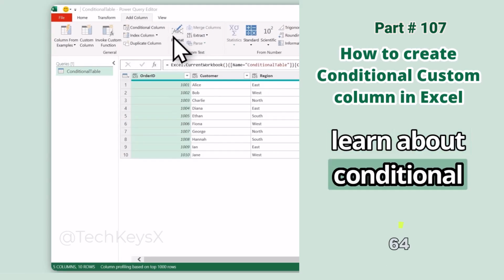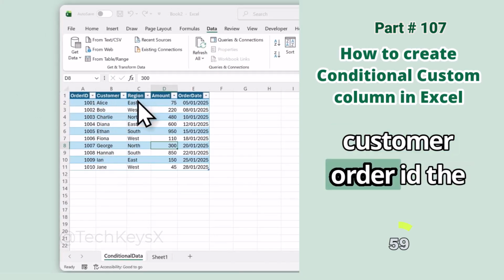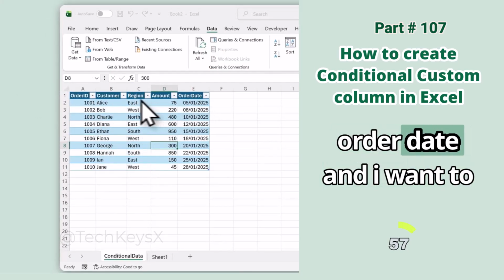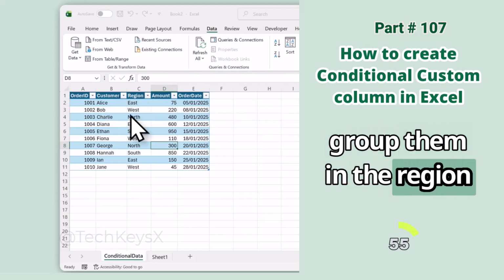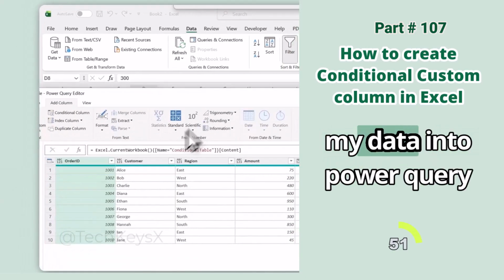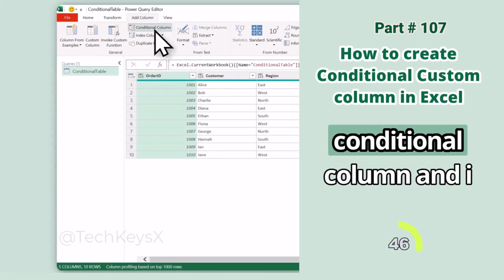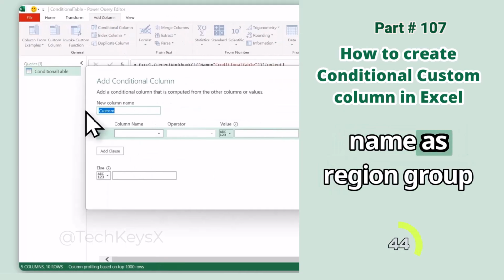Today we will learn about conditional column in the add column section. So I have this data in which I have customer, order ID, the regions, amount and order date, and I want to group the regions by adding urban and rural region groups. So what I will do is take my data into Power Query, and here I will use conditional column. So I will click on the conditional column and I will name my column region group, and